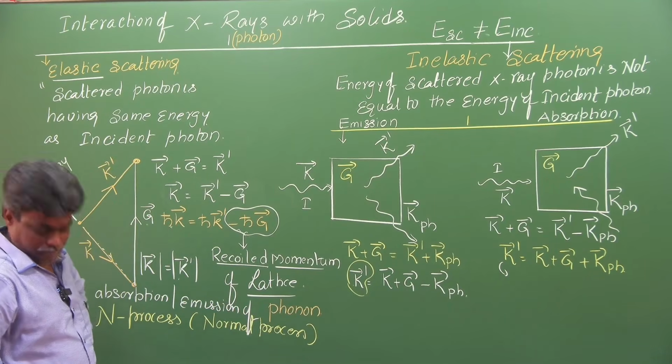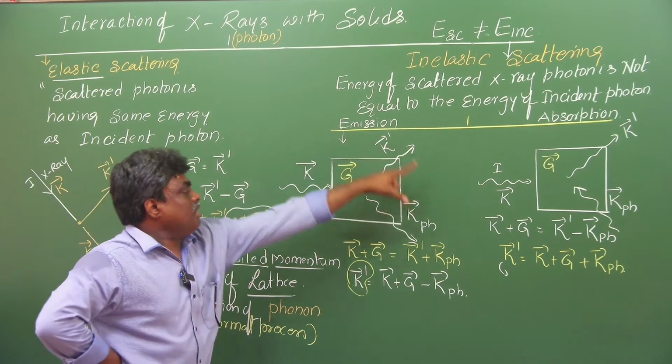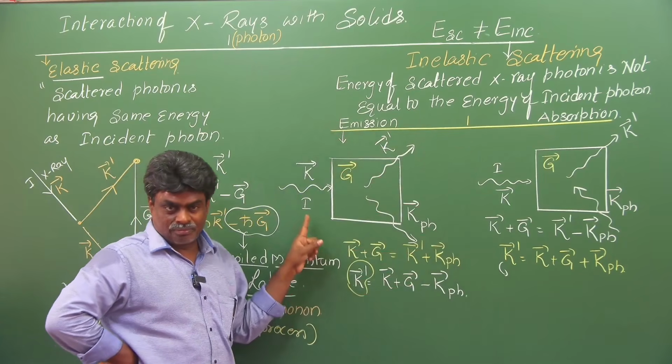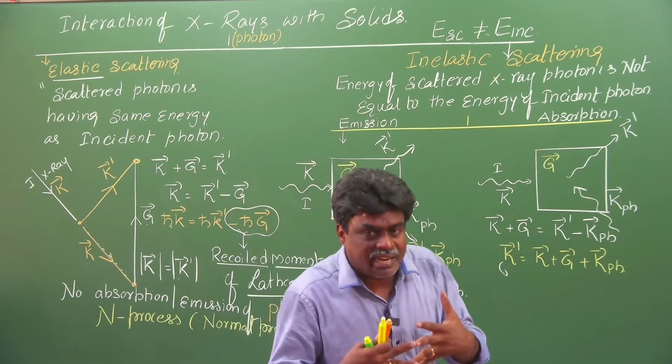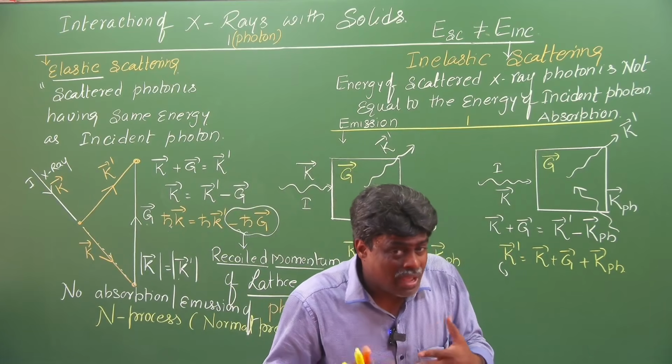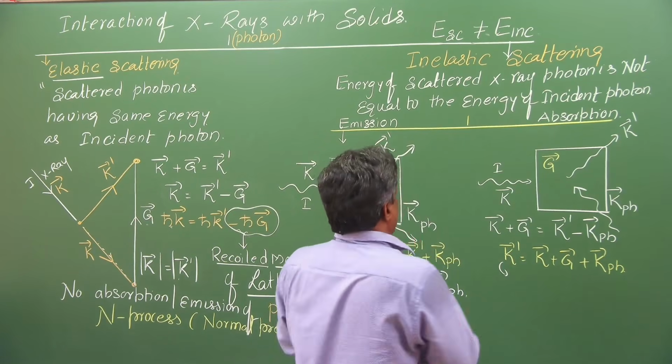Are you ready? How many vectors are here? Please count. That means more than 3 vectors are interacting. Say yes or no? More than 3 vectors. This process is called